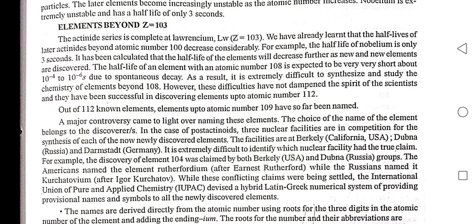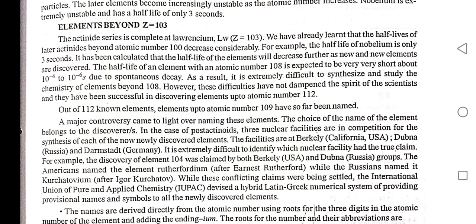Out of 112 known elements, elements up to atomic number 109 have so far been named. A major controversy has come to light over naming the element. The choice of the name of an element belongs to the discoverer. In the case of transactinoids, three nuclear facilities are in competition for the synthesis of each newly discovered element. The facilities are at Berkeley, California, Dubna, Russia, and